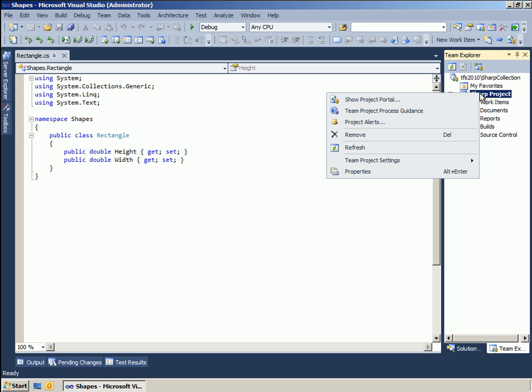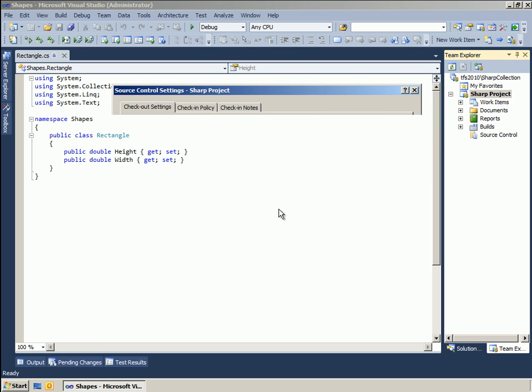Just right-click your project, go to Team Project Settings, and here, for example, you can add new members to your project and edit areas and iterations and some portal settings, and in this case we need the source control. So pretty much enough without going to a SharePoint portal. You can do it right from here. If you need something from the portal, you can click Show Project Portal and go there. So we'll go to Source Control,